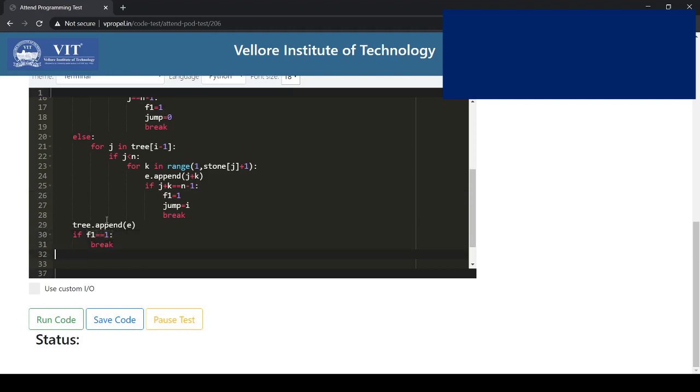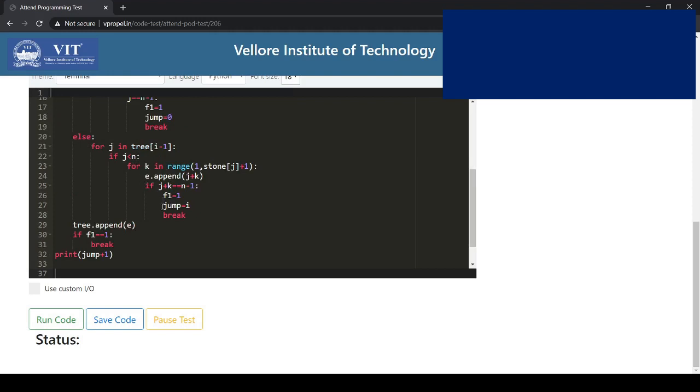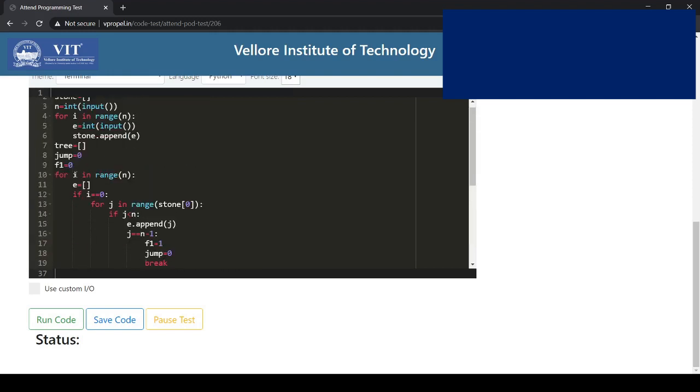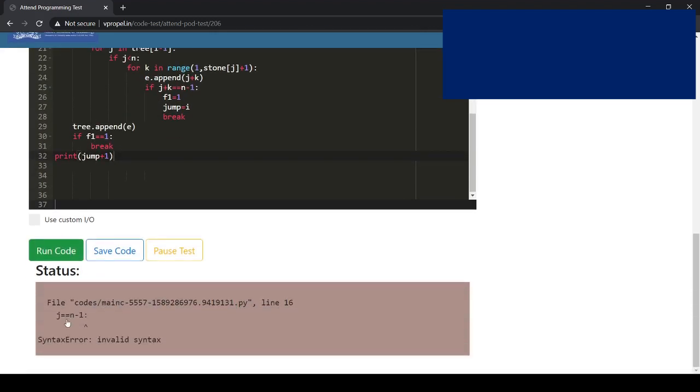Okay, so now there is parent of jump plus 1. We are doing plus 1 because at the first jump, the jump will be 1 because we are doing the first jump. But in the tree, the index of the tree starts from 0, right? So we are going to do jump plus 1 because the jump is I, and the first jump over here in the tree is the 0th element. According to it, the index is 0. So jump plus 1 we are going to do, and let's try it.